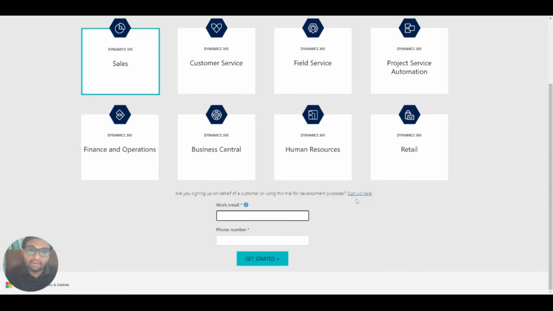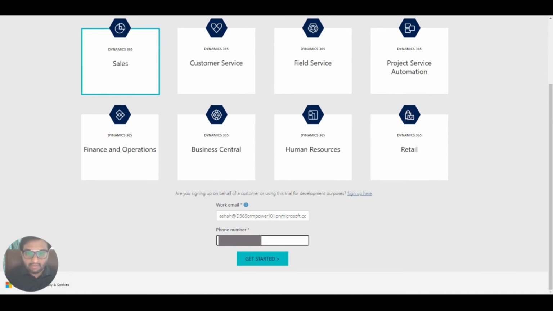Previously we selected sign up here, but now we have already signed up. We already have our new user ID and password. So now our new work email, our own tenant work email, I have already copied in my notepad. I will paste it here: Isha at D365CRMPower101.onmicrosoft.com. And the password which I already generated.